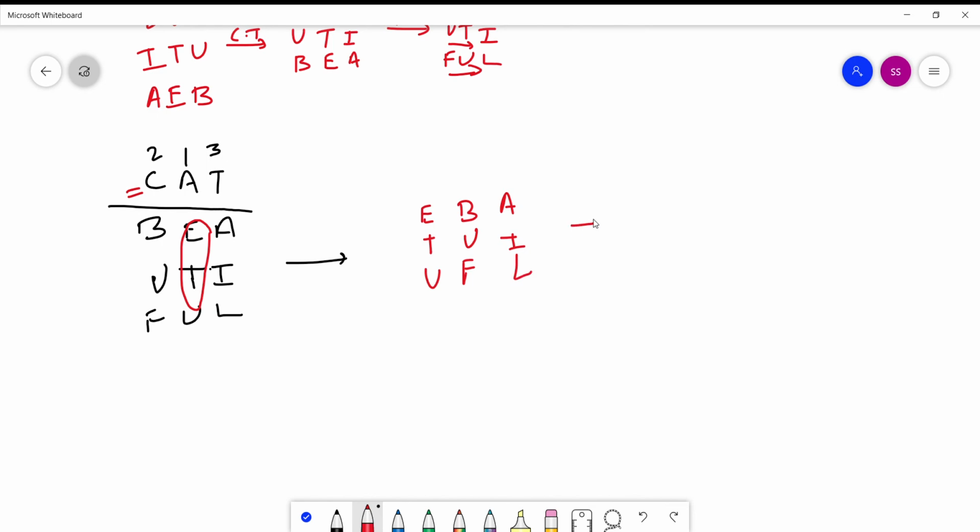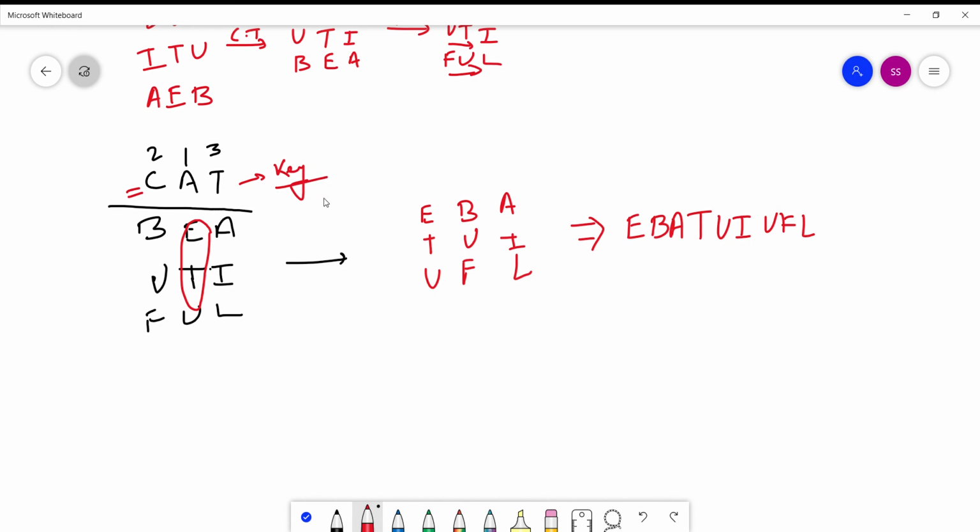So if I change this to my ciphertext, it will become EBATUIUFL. This is the ciphertext which we get using the key cat. This cat is my key here.